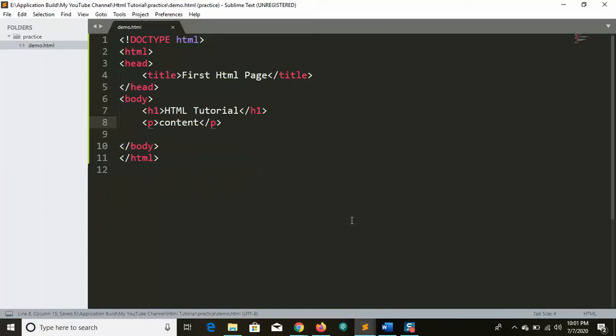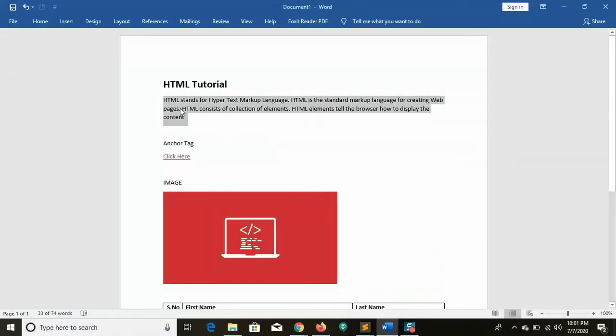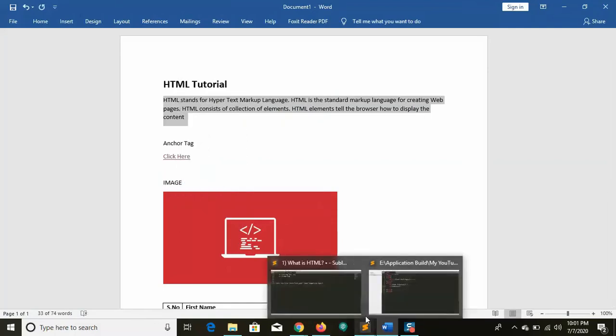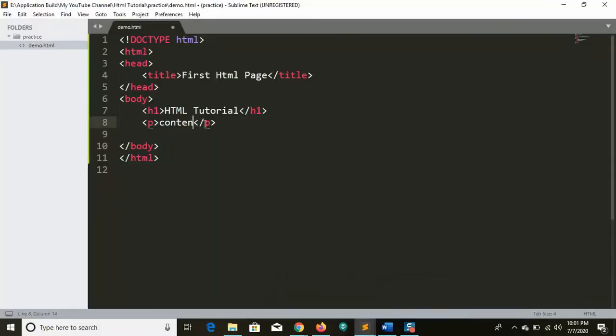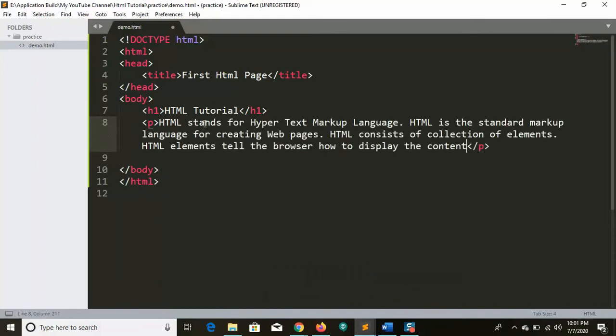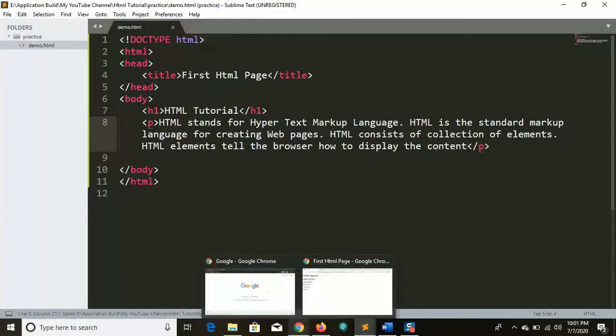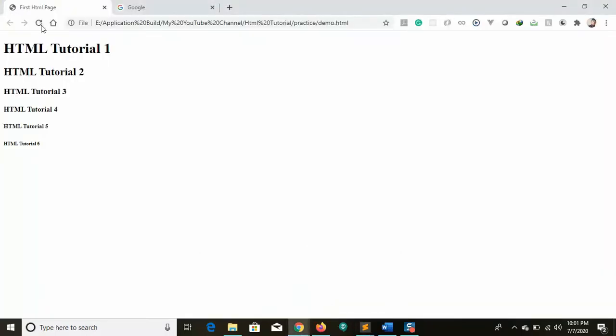I can get the content from our document. We have seen the document, right? So right click, copy it and paste it here.